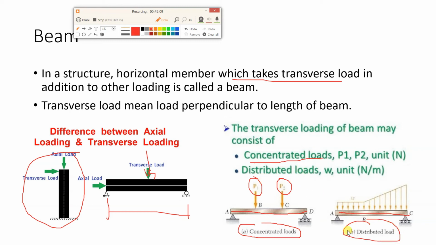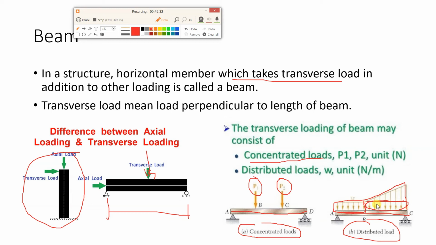The second load is called distributed load. What do you mean by distributed load? Here you can see, uniformly over the length of the beam, from A to B, the load is acting uniformly, and here it is a uniformly varying load. Up to this part it is uniform load, and here you can see a triangle on the top side, that is uniformly varying load. Okay, we will see this in detail again.